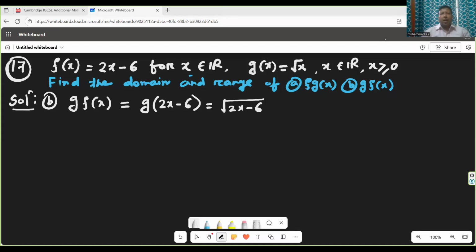Now find the domain and range of part b, gf(x). So we will find the composite function gf(x). We will put the f(x) function in the g function. So it will be root over 2x minus 6. If you observe this mapping,